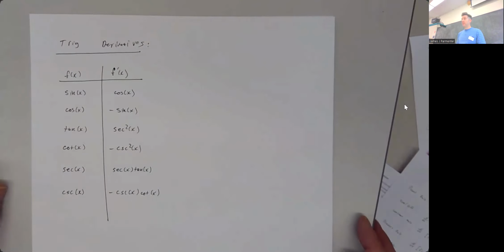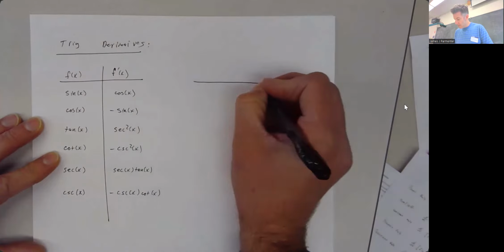Definitely should memorize these. Here's what I want to say about the chain rule. Every derivative you know or will learn, there's kind of a chain rule version of it. Meaning, if you take the derivative of sine of x, you get cosine of x. If you take the derivative of sine of some other stuff, you're going to get cosine of that stuff multiplied by the derivative of that stuff. It always works that way. So whenever you're replacing x with something more complicated than just x, you always have to end up multiplying by the derivative of that. So for example, if instead,